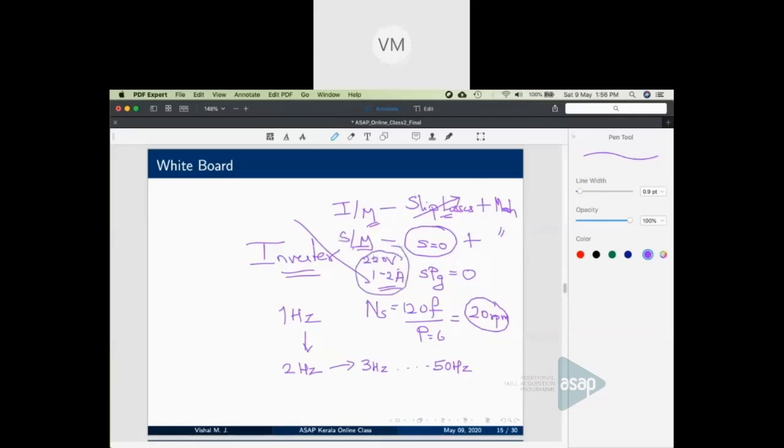Now we can get away with this excitation loss as well. How? Replace the existing rotor with a permanent magnet. Then since there is no DC current going into the rotor, the excitation loss also is zero. That's why the PMSM machine is said to be the machine with the highest possible efficiency. So it's a permanent magnet synchronous machine. With the permanent magnet, slip loss is anyway not there.